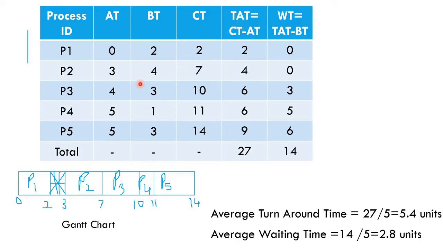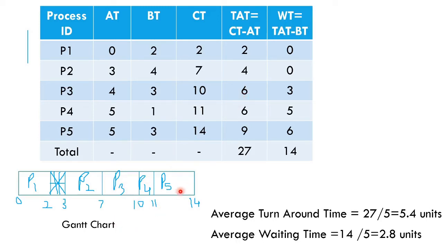And TAT, we can just apply the formula and write it. But let's understand the TAT. TAT was what? The time this process is going to stay within the system. So for example, I take P3 and I look here. P3 arrived at what timing? It arrived at 4 seconds. And at what time did it get completed and leave the system? 10. So 10 minus 4, that is 6. So the total time P3 stayed in the system was 6.